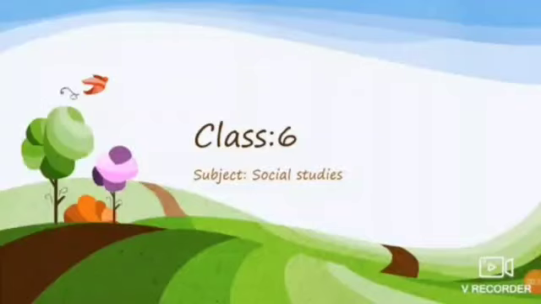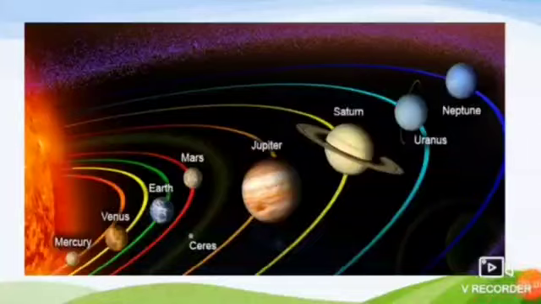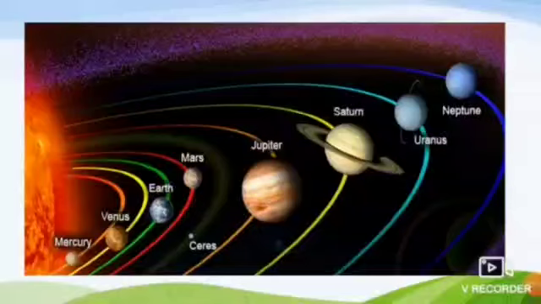In our last video, we had learned a small introduction of the solar system, about stars, how day and night occur, and constellations. Today we will learn about the solar system. We came to know that the earth does not have its own heat and light. Where does the earth get its light and heat from? Yes, it is the sun that gives the earth light and heat.